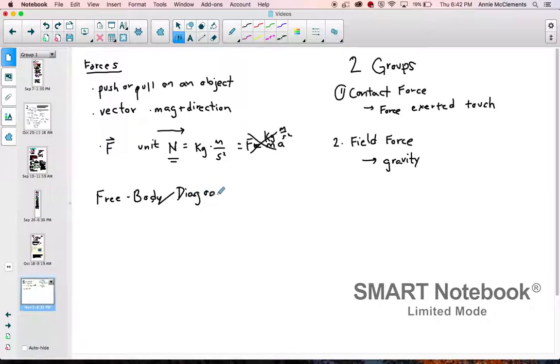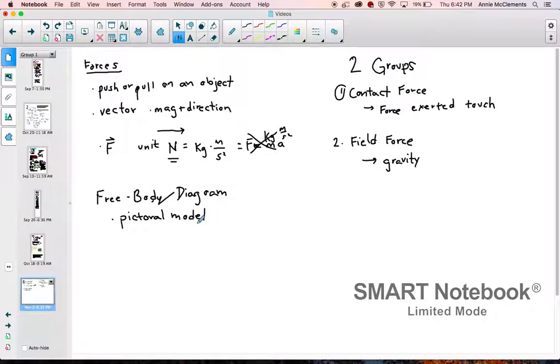And just as in CVM or CAM, where we had motion maps and graphs, this is essentially a pictorial model of force. It helps us